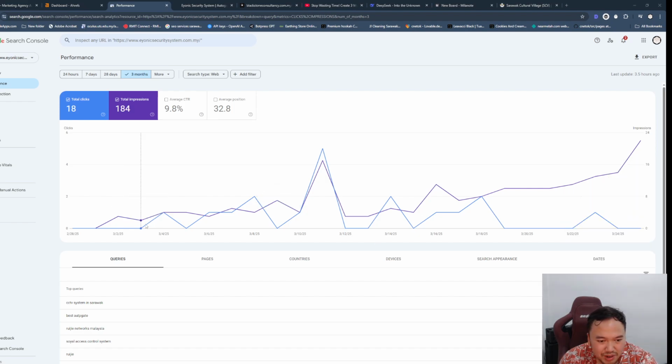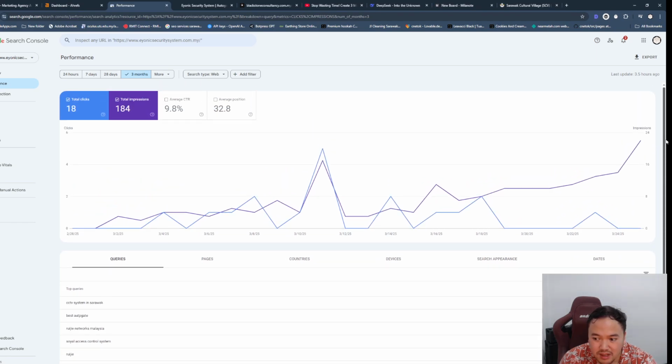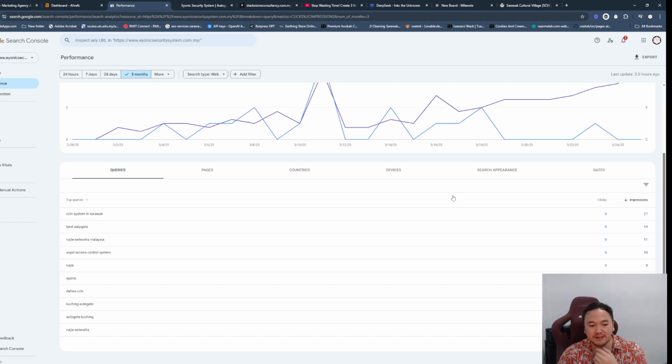That's about 2-3 weeks, and then as we start to build the pages over time, you will start to rank, because a market like this in Sarawak is still not as competitive as West Malaysia. That's why you don't really get too crazy of a volume.